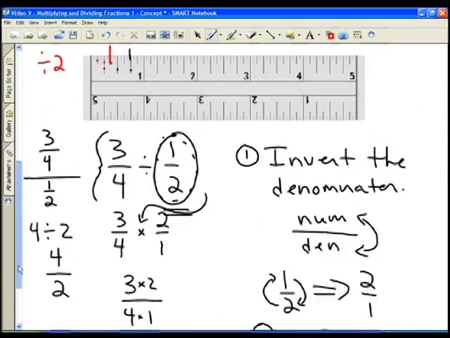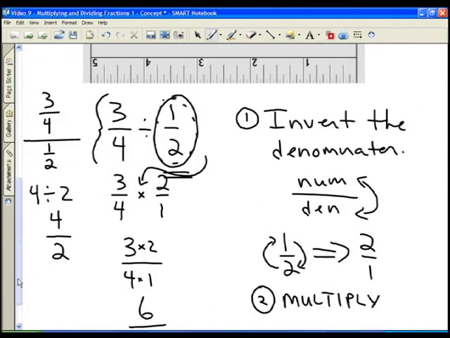And when you're dividing fractions, you change the sign to multiplication, and you flip the denominator, so you invert and multiply. So that should give you a good review of multiplying and